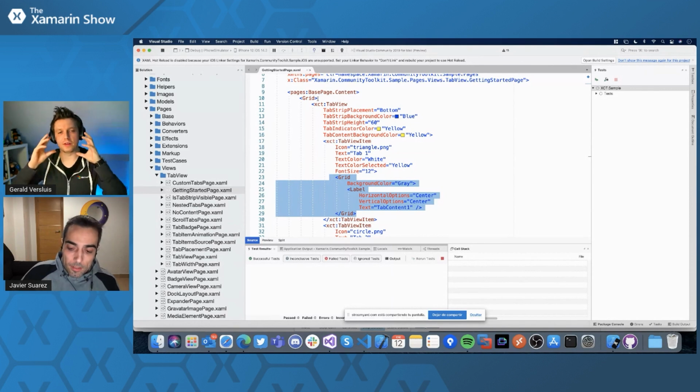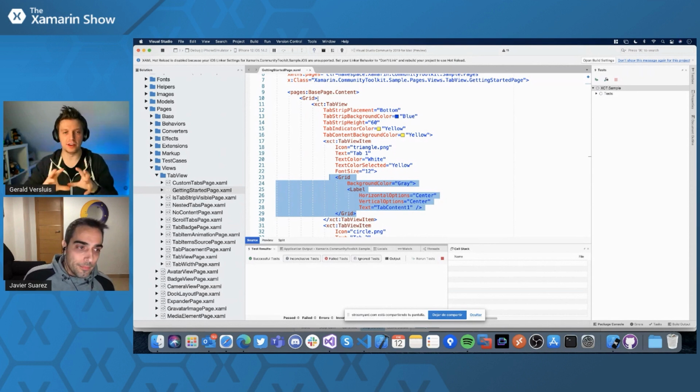Yeah, we're trying to have a sample for each and everything that is in our community toolkit. So if you're watching this and we don't have documentation yet, then go to the sample app. That's always a good idea, and you can always see how the stuff is working there. I think we have a pretty good overview right now of what the toolkit is and what it can all do. We've talked about how you can contribute. If you have any trouble with that, we are just getting ramped up still, although we've been doing this for a couple of months. So not everything might be in place yet in terms of documentation and help that you need, but please reach out to us. We're very helpful, and we'll find you the way.